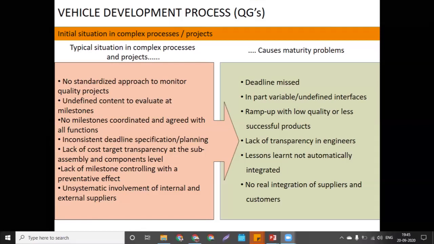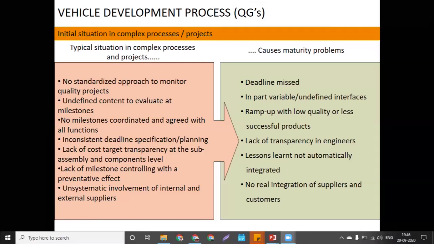Lessons learned not automatically integrated means what? Suppose you have made a mistake. Definitely in every project there are a lot of mistakes, which is why that timeline is 40 months. So what exactly are we doing in the OEM? If you have made any mistake, there will be one documentation like the root cause analysis, where you have to check what you have learned, what you have done wrong, how you did it wrong, what was the cause, and what you are going to do next time so that the mistake will not happen again.